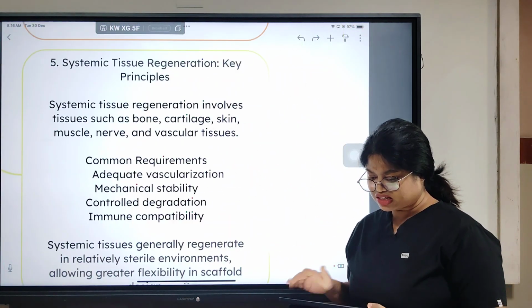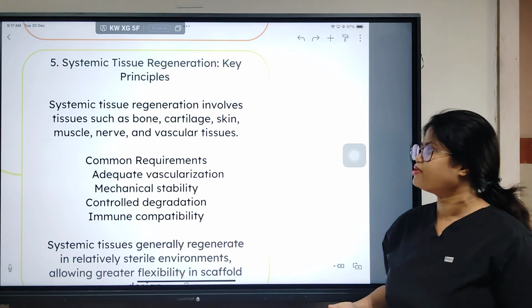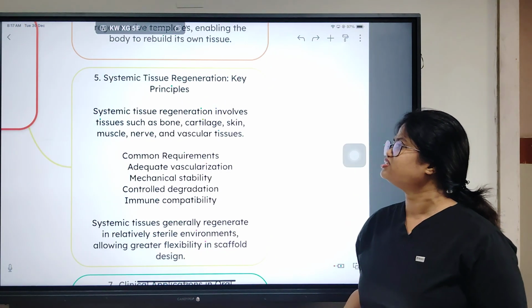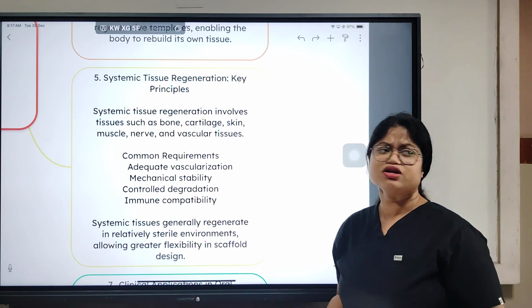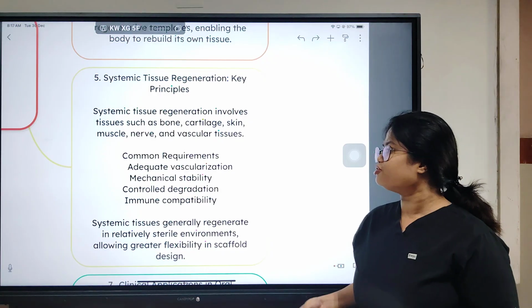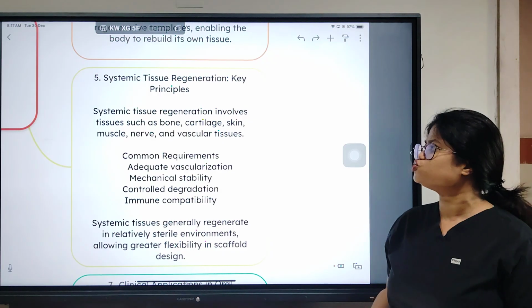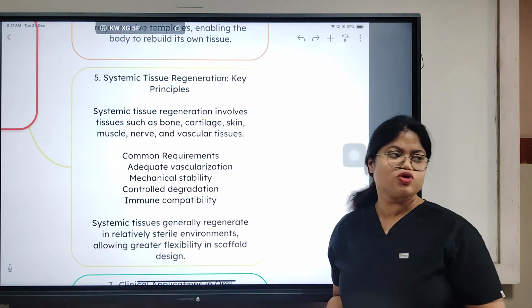Next comes systemic tissue regeneration. What are the key principles of systemic tissue regeneration? When we talk about systemic tissue regeneration as a whole, it involves not only bone, cartilage, skin, muscle and vascular tissues. The common requirement for systemic tissue regeneration, which is a plus point, is that adequate vascularization needs to be achieved,